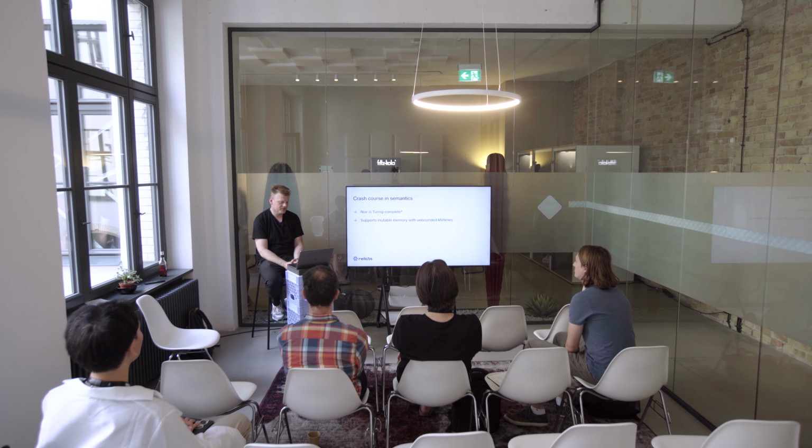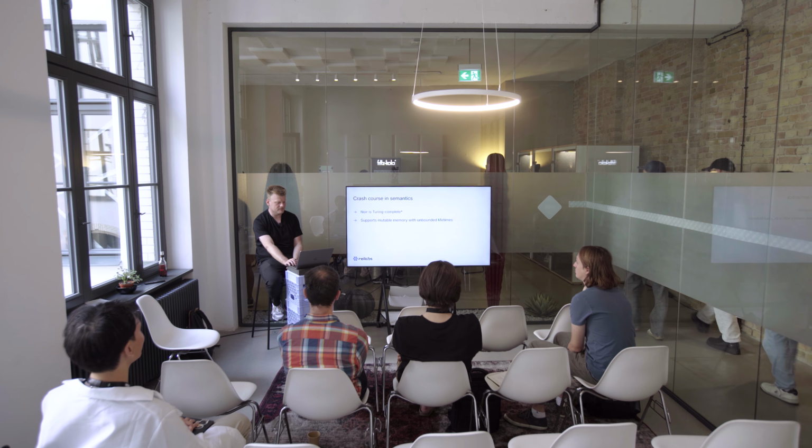It supports mutable memory with unbounded lifetimes. So at the very beginning of your main function, you can create a mutable variable, take a reference to that variable, and then pass it through the system happily. It will just exist for the entire program execution logically. Obviously, there is a poor man's version of garbage collection in Noir, but in principle, you can have unbounded lifetimes on any mutable variable, really.